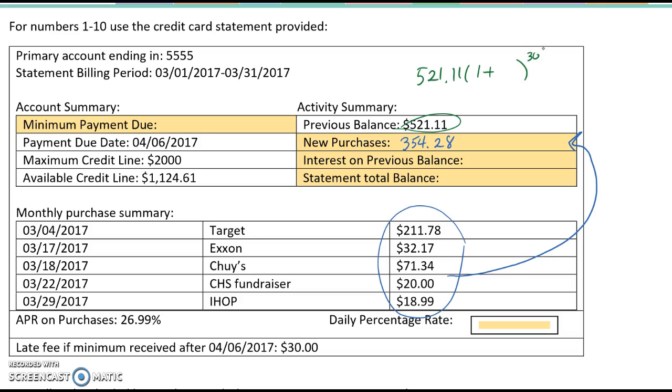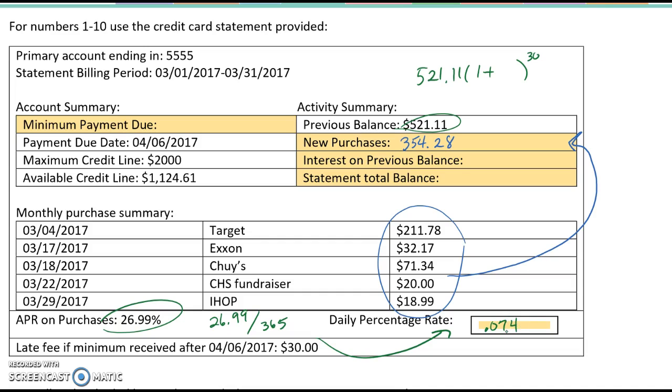Now, we already talked about using 30 days for T, but how do we get the R? Well, the R comes from down here, daily percentage rate. The APR is 26.99. So what we have to do is, since that's annual, we have to divide it by 365 to get the daily rate. So when you do 26.99 divided by 365, you get 0.074,